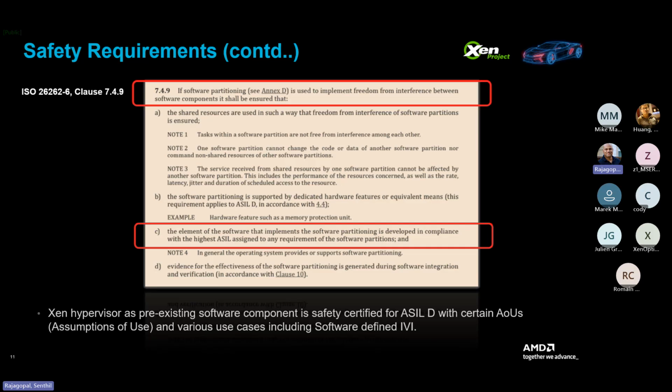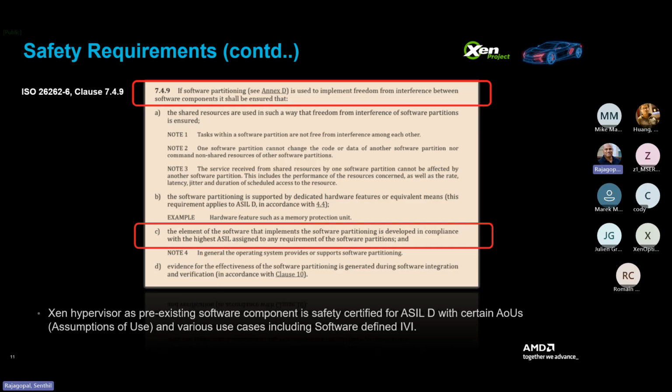So that's the approach that we are taking for the Xen hypervisor. Xen already has a strong open source community process, which is also used very heavily in the security industry. When I looked at the development practices of Xen, I did a comparison analysis against the ISO 26262 and IEC 61508 standards, and we created a gap analysis and a plan to fill those gaps in order to meet